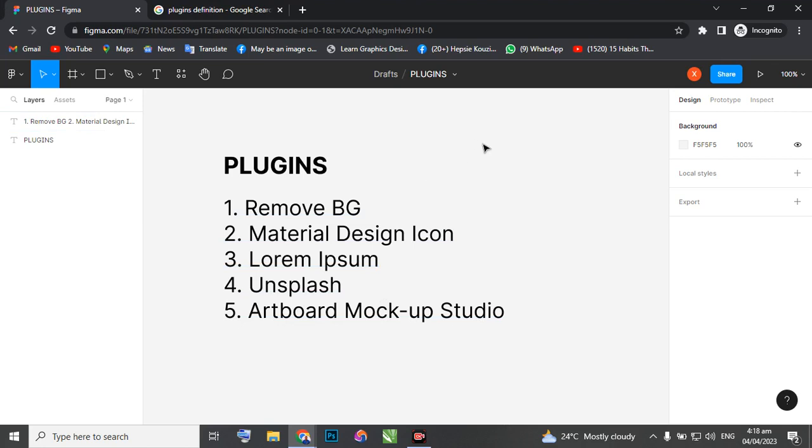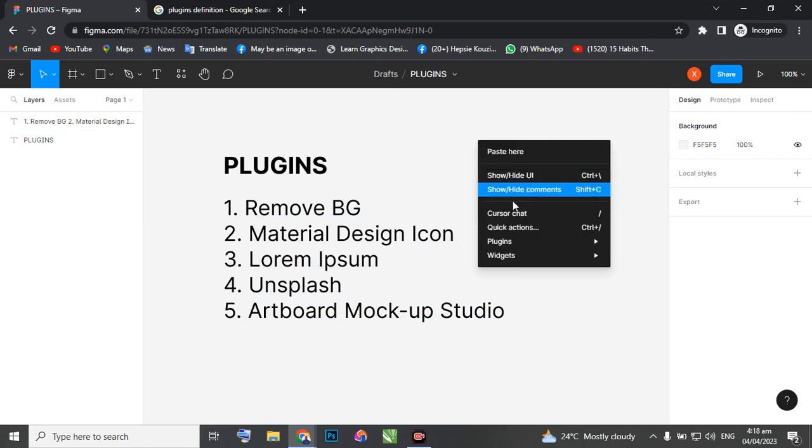So you right click on your canvas and you go to the plugin option. Like I said, there are a good number of plugins, but I'll just walk you through these five, then you can do more research on your own. It's still the same process, just go search for them. You can also use YouTube or Google to find out recent plugins and how to install them. So I'll just go to find more plugins,